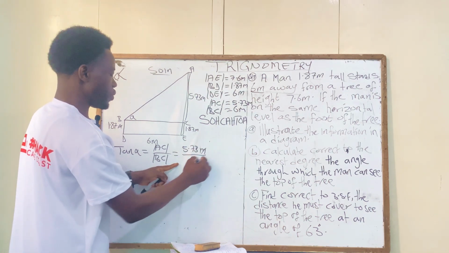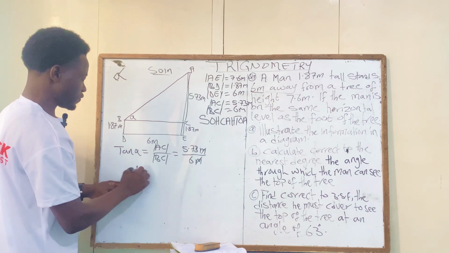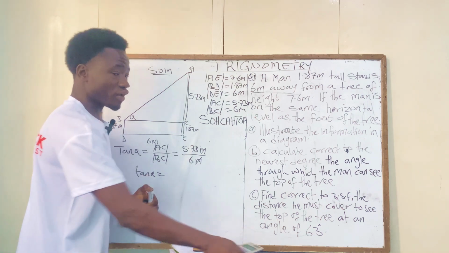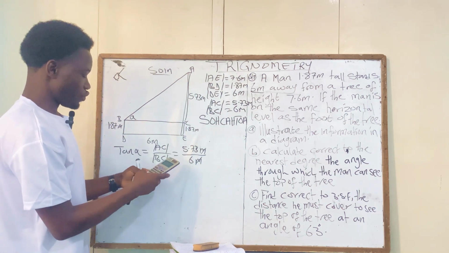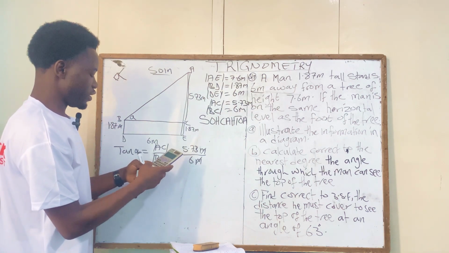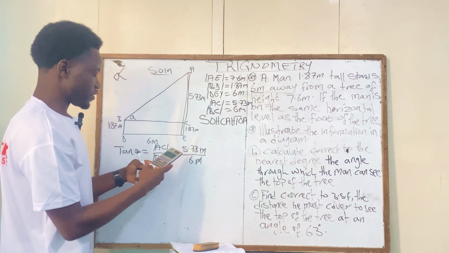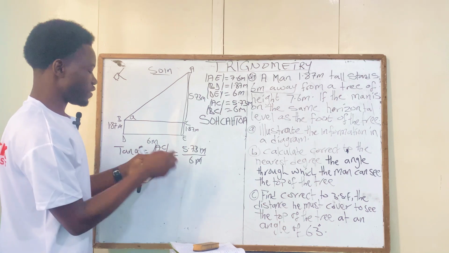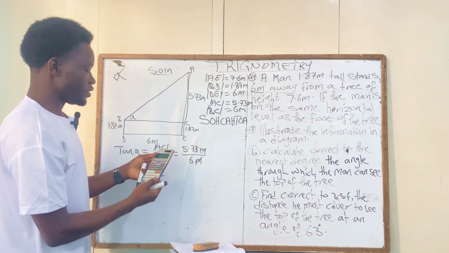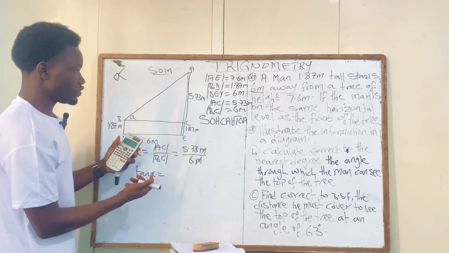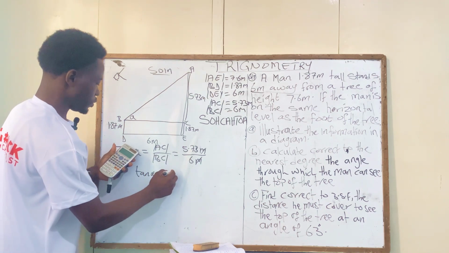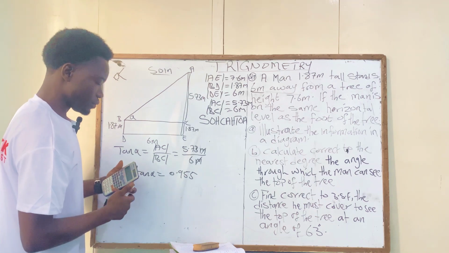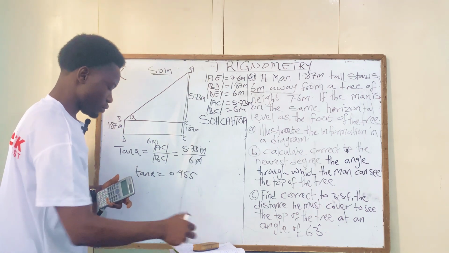So the meter is going to go away, leaving, so I still have tan alpha to be equal to, so you get your calculator and divide this. So I have 5.73 divide 6, and you are going to get 0.955. Okay,